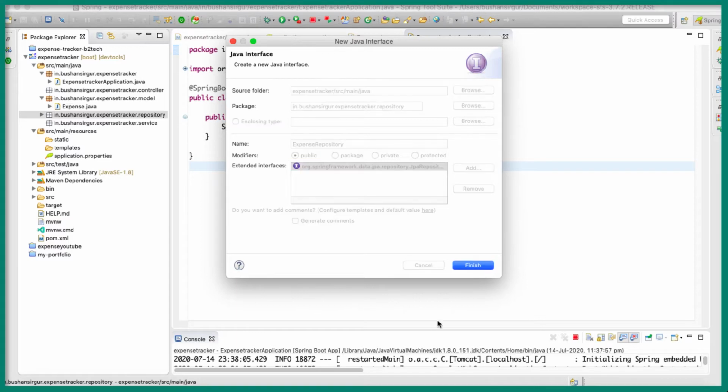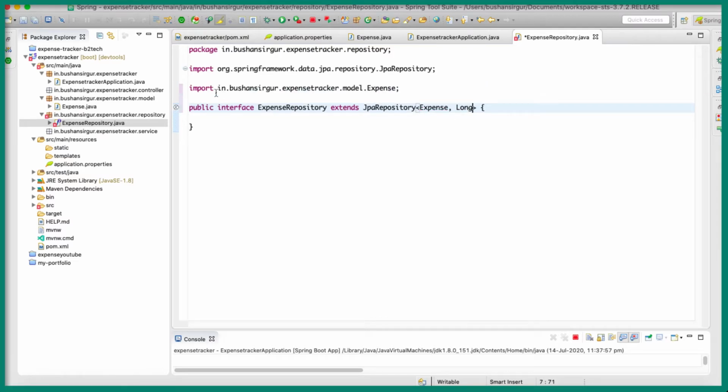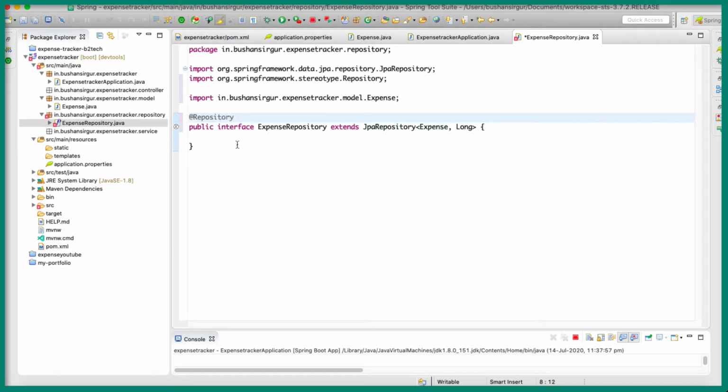Click finish. And we have to specify the entity name, which is Expense, and the primary key type, which is Long. So let's quickly import the Expense from the package, and we are going to annotate this interface with the @Repository annotation. Alright, so now we have created the repository, and let's save this.